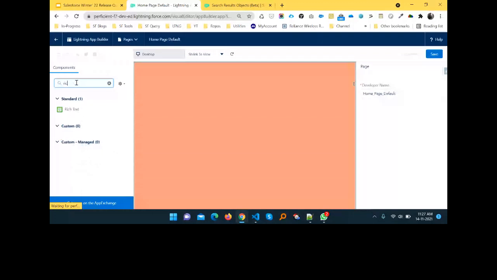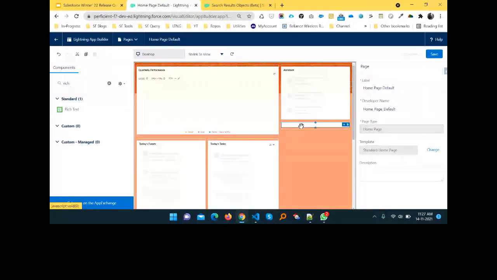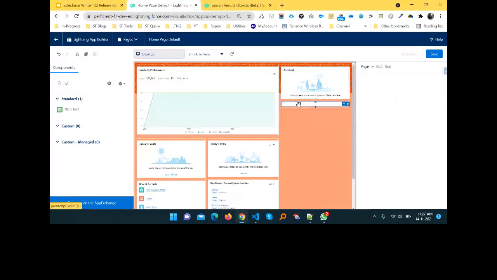Okay, so drag and drop from here to here, and now you can see this component. Once you click this one, okay, let me select this one, Rich Text. Here you can see Rich Text, but still you cannot see any image icon here, but in the upcoming release it will be. Okay, so this is another feature under the Lightning App Builder, these images.